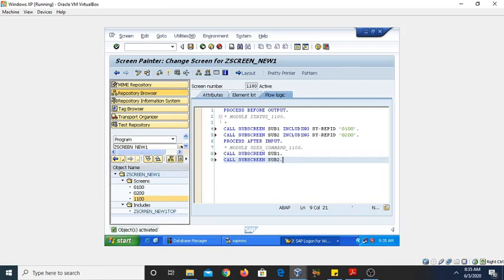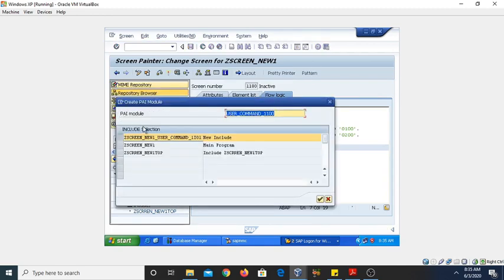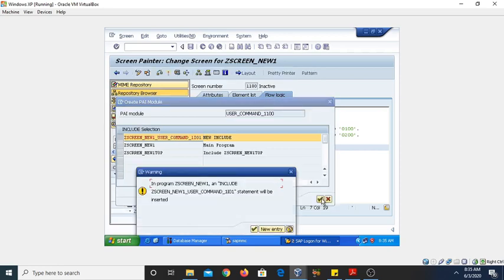Now we want to perform some action through the tab 1 and tab 2 push buttons, so we need to take the user command. Uncomment this module user_command_1100. Now double click on it, create, click on the yes button and then OK.